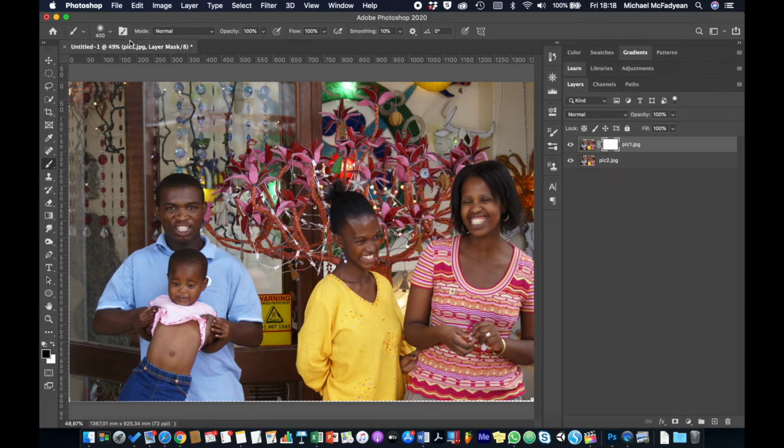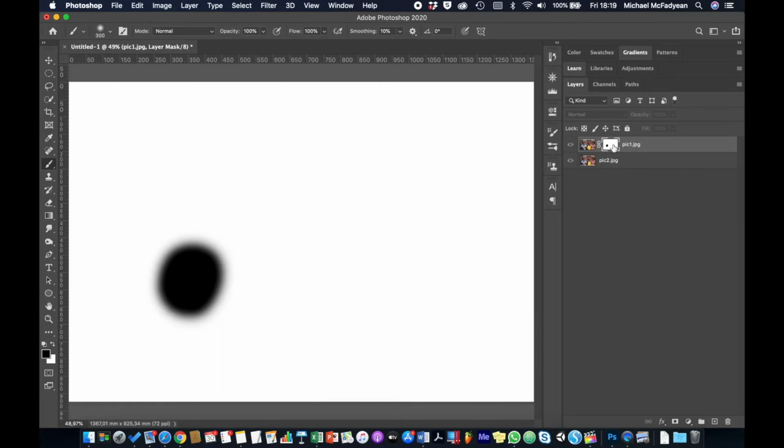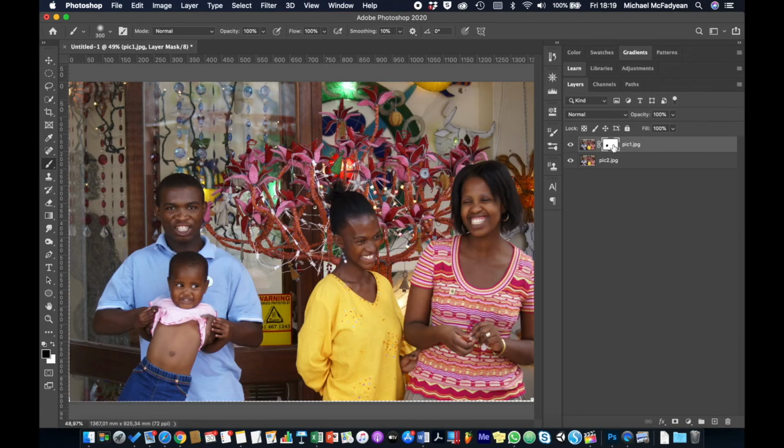Okay, mine is set to 400, maybe that's a bit big, and then I'm just going to start painting, but making sure my opacity is at 100 here. So I'm literally painting a black area on the layer mask to reveal the layer below. And it's kind of like magic, this. Okay, so you can see the way